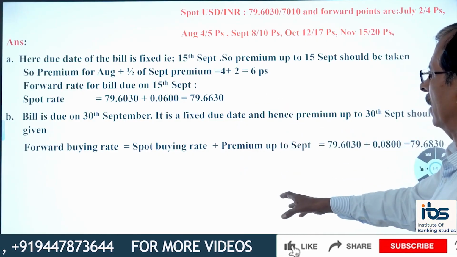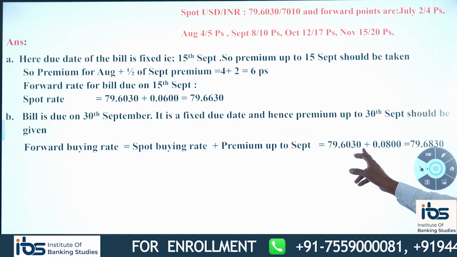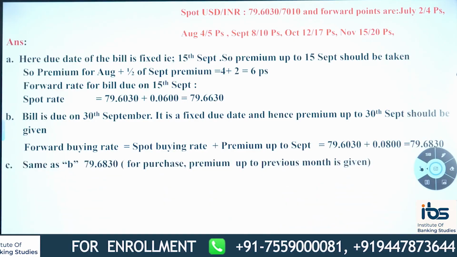Again, it's a fixed date. You have to allow the premium up to September. So you add it, and you are getting 79.6830. Next is